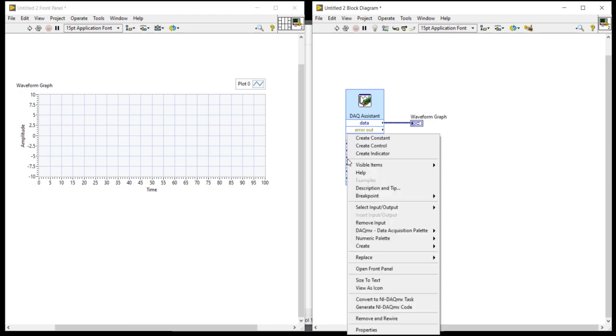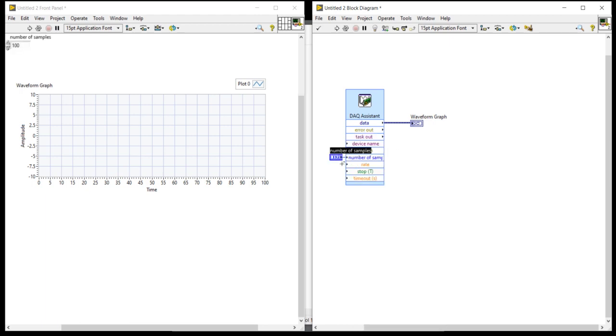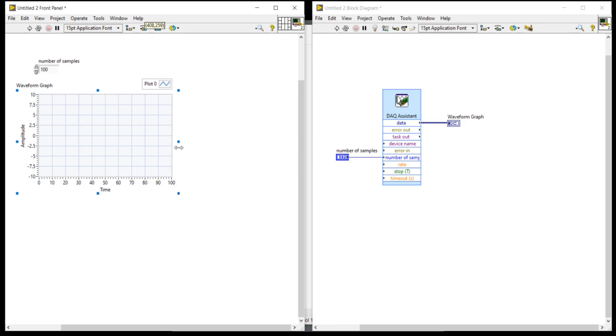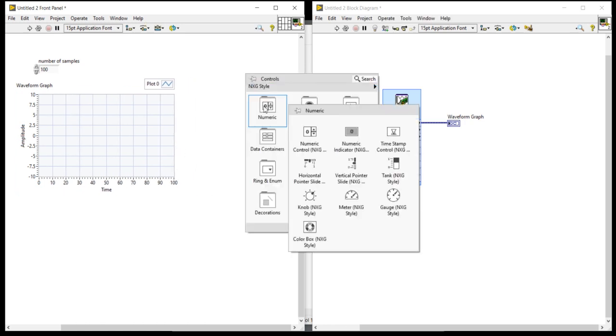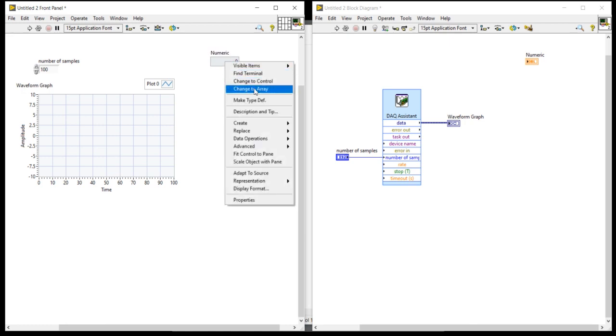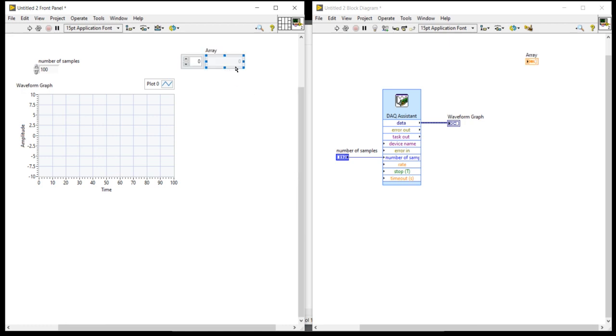So you can create a control for this number of samples. Here I can take a numeric array indicator.